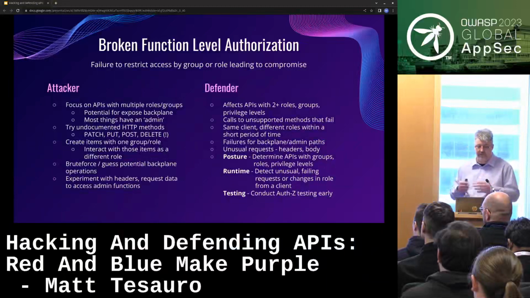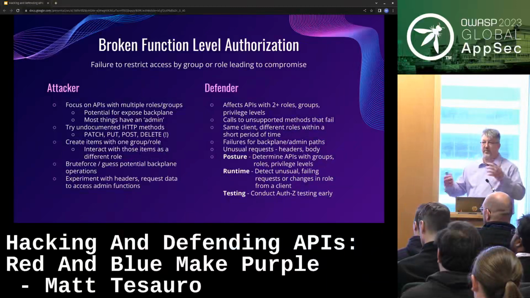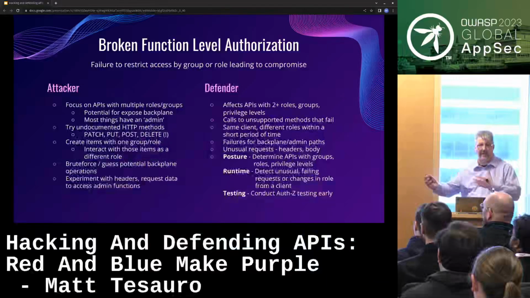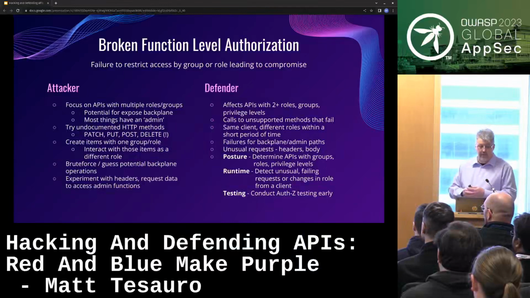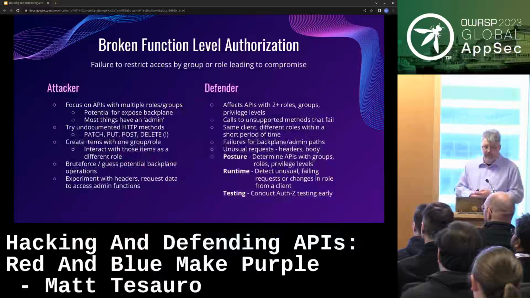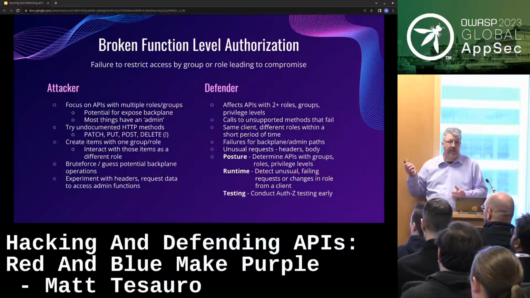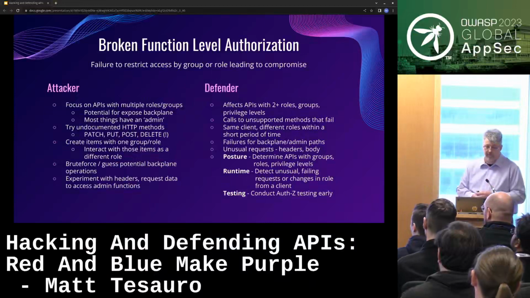And a bunch of unsuccessful requests. As I'm trying to find out what I can and can't get, I'm going to fail a lot as an attacker and make some amount of noise. So if you're at least keeping an eye on those failures, you can catch this stuff. Posture will help you determine what APIs are in scope for this that have multiple roles and then how much care and feeding to give them. Runtime